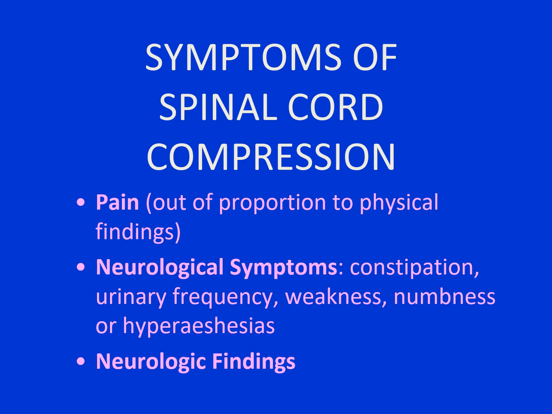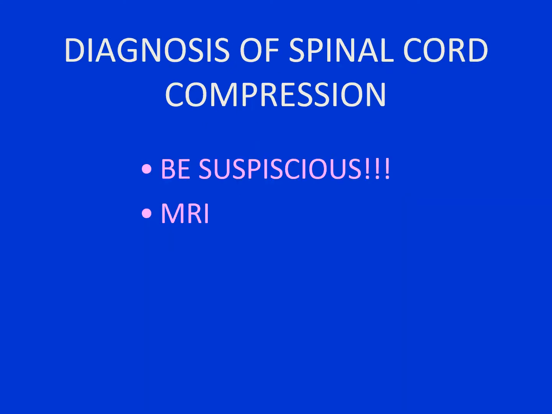The neurologic findings have to do with where on the spine the compression occurs. The findings are showing no response, no function below the level of compression. So the diagnosis of spinal cord compression is, first of all, you have to be suspicious, and you do an MRI for anybody that you are suspicious of. When somebody with metastatic prostate cancer comes in and they have back pain, you have to assume that they have spinal cord compression. We oftentimes start them on steroids because it helps decrease inflammation around the cord, and send them for an MRI.